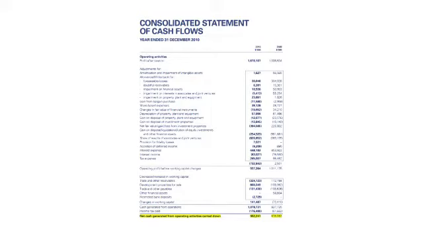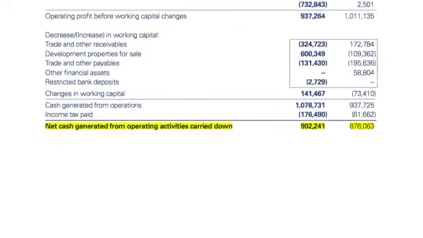Precisely. So we can get that from the cash flow statement, and you take a look at this, again highlighted. Net cash generated from operating activities, as you can see. So that's the cash generated from the core operations. And in fact, it has gone up. Yes. So they've collected checks and telegraphic transfers and so on of more than $900 million. So that's the amount of cash they're able to generate from the core business, which is very important. Yeah, sustainability as we can compare to the year before.